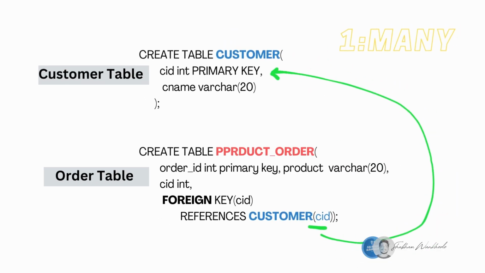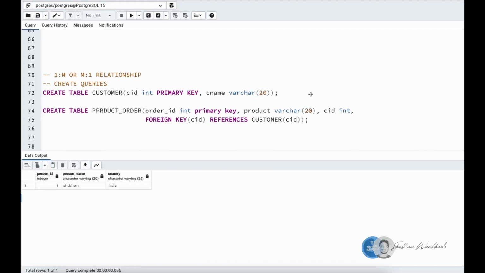The basic query we can write for this one-to-many or many-to-one relationship is this one. In case of the one-to-many or many-to-one relationship, the query is very simple. We are creating one customer table, and in that we have a customer ID and the customer name. In the second table, which is the